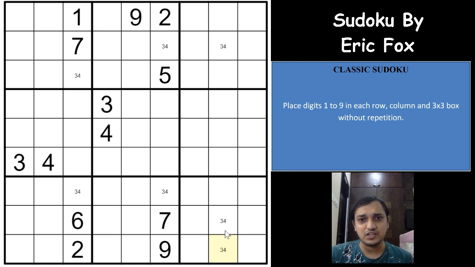What happens is these 3 cells will be taken as the connected cells, and the cells in this grid seeing all these 3 cells simultaneously will be used as the cells to eliminate the 3 and 4. So we already know that 3 and 4 is not possible in this cell because of the column. So these 2 cells can be used as the cells to eliminate 3 and 4.